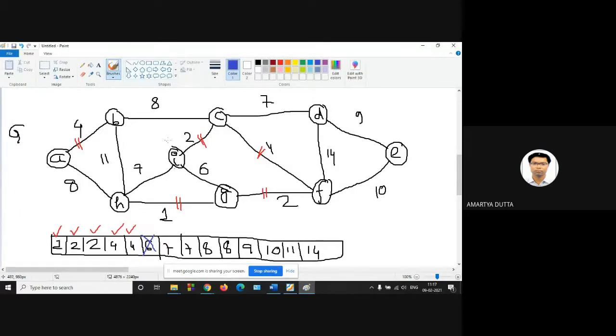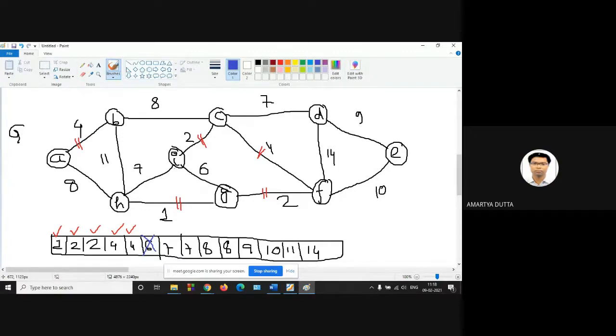So we can imagine C as the parent of I. C is connected to I, so find set of I can return C. At the same time, find set of G, we can also imagine C is the parent of G, because C to F is connected, F to G is connected. So find set of G is also C. So find set of I and find set of G are connected. That's why if we connect I and G, then it will form a cycle. Is it clear? Yes, sir.